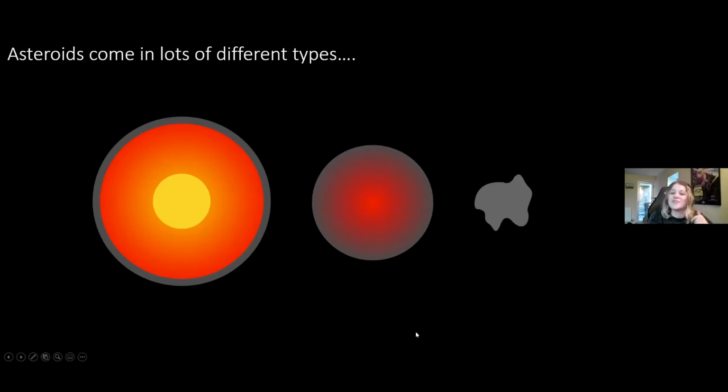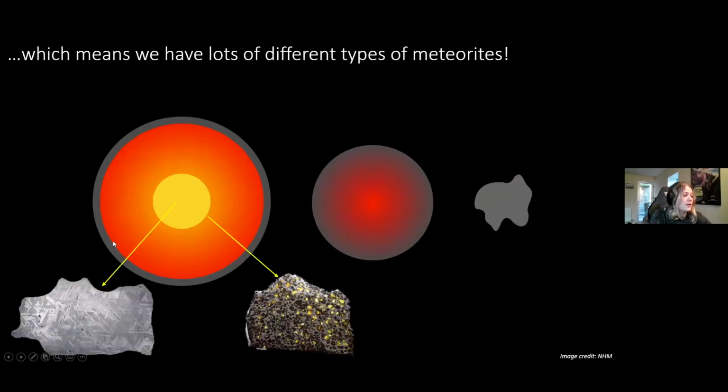Sorry, even I get confused between the different terms. So we have different types of meteorites from these different types of asteroids, and they're quite easy to tell apart. We're going to start by looking at the meteorites that come from these really, really large asteroids. What's really unique about these is there's nothing like this that's naturally occurring on the surface of the Earth. So we have here what's called an iron meteorite, which we think comes from the core of this really large asteroid.